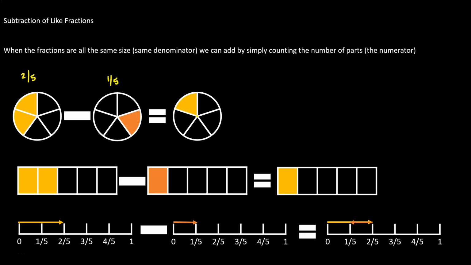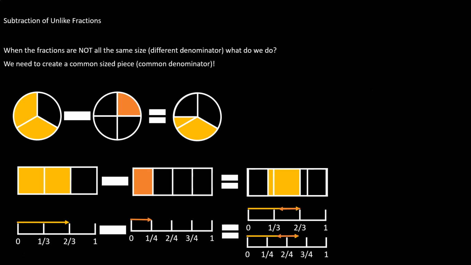Because the pieces are already the same size, we don't have to do extra work here to find a common denominator. The same is true no matter what visual we use. In fact, the generalization looks a lot like the addition generalization. If we're subtracting a over b, and I want to subtract a fraction with the same denominator but a different numerator, then I would just copy my denominator over and subtract the numerator parts, and we're done. If, however, we're looking at unlike fractions, fractions with different denominators, we see the same dilemma